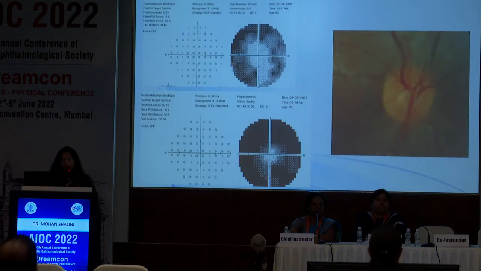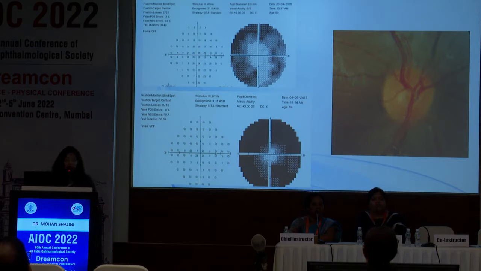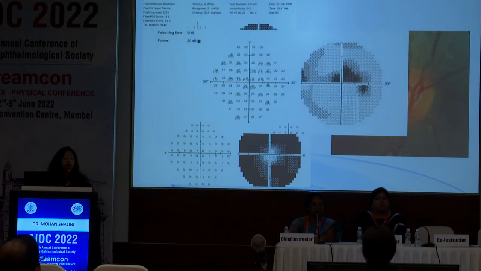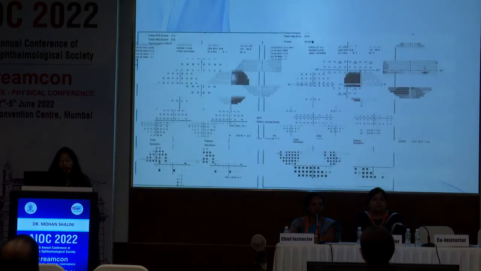Now here we can see this particular patient, who was a regular follow-up with us, and we can see that there was a scotoma here in the superior and the inferior part of the visual field. But again, the visual field was repeated, and he had this deepened scotoma. And when we look at the disc, it was looking absolutely non-glaucomatous. So in such a scenario, what to do? Again, the patient was explained the procedure, it was repeated, and it improved.